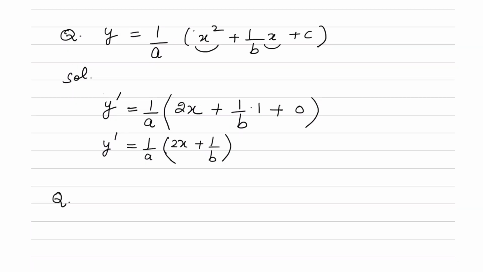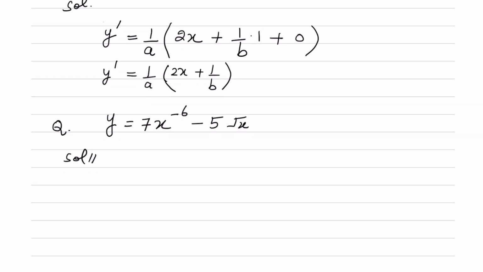Let's find the derivative of this expression. Y equal to 7x to power minus 6 minus 5 square root x. Before we find the derivative, we can rewrite this expression as y is equal to 7x to power minus 6 minus 5x to power 1 by 2, because square root means the power is 1 by 2. And now apply the power rule of derivative on all terms. 7 is the constant on the side, and apply the power rule of derivative on x to power minus 6. It gives you minus 6 x to power